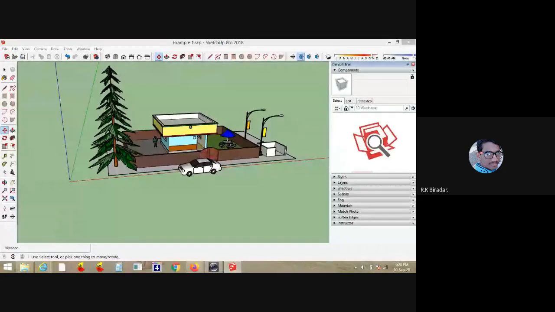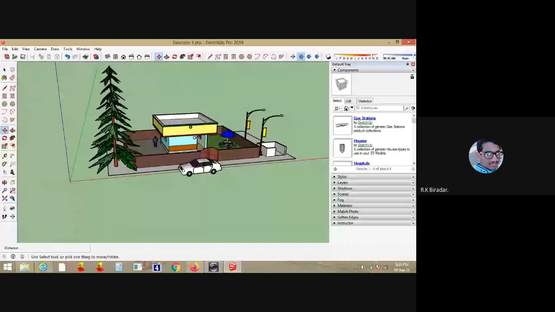If you are connected to the internet, you can download different components. Those who create components upload them to the Trimble software. From directly the Trimble software, you can get different components here. Already these are the predefined components.